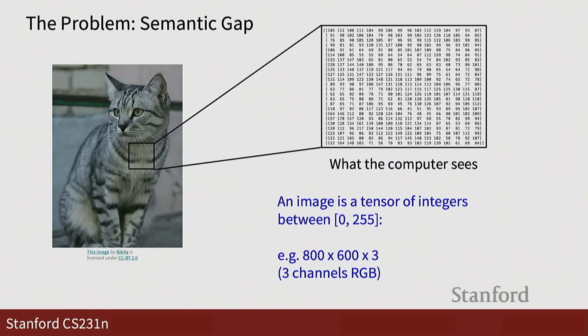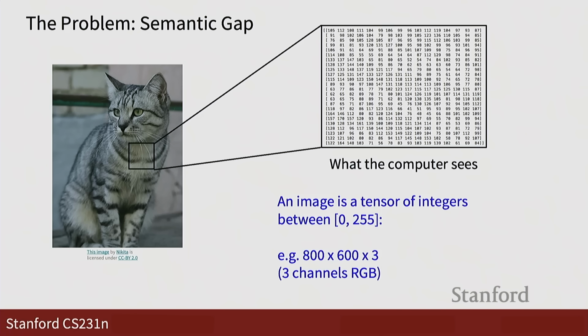As you can probably guess, this is the semantic gap between our perception of this image and how the machine perceives and sees the image. And in order to understand how this could be very challenging,